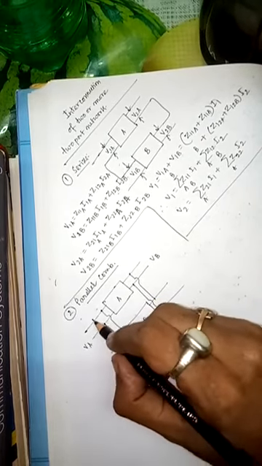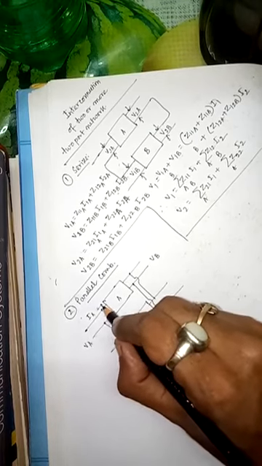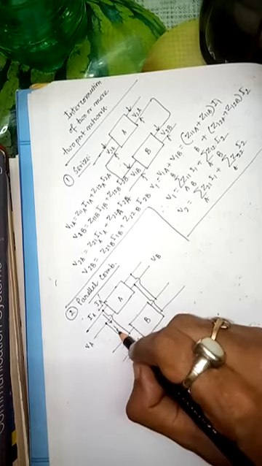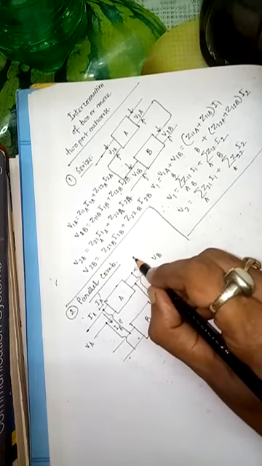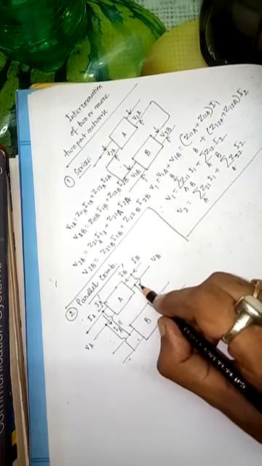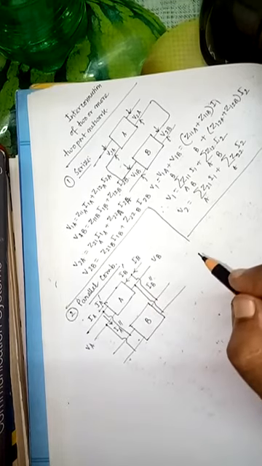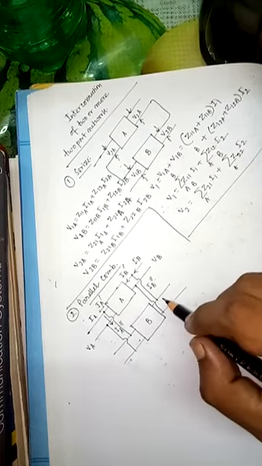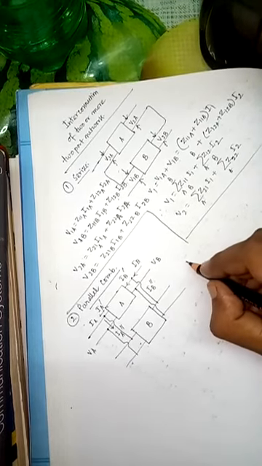If it is IA current, it divides into two sections, IA dashed and IA double dashed. Now if this current is IB, IB also takes two parts, IB dashed and IB double dashed. So what type of parameter should we use here? There must be the Y parameter. Why? Because in the Y parameter we can write that